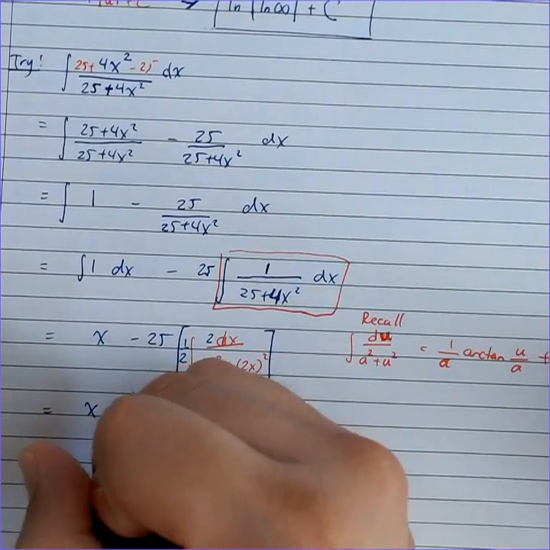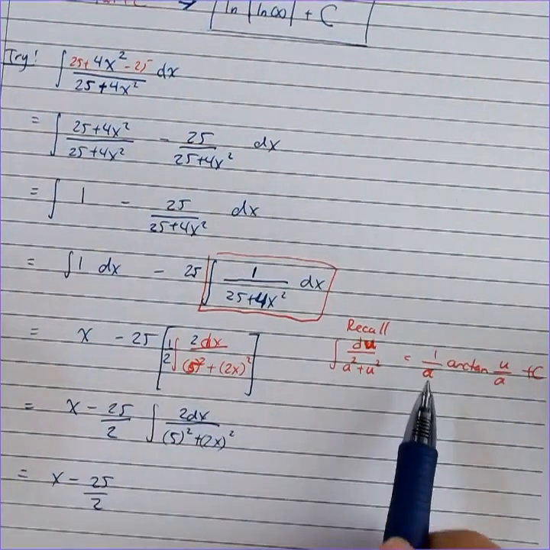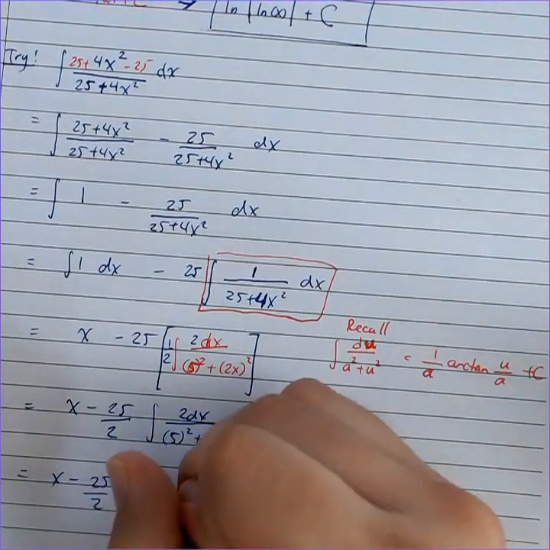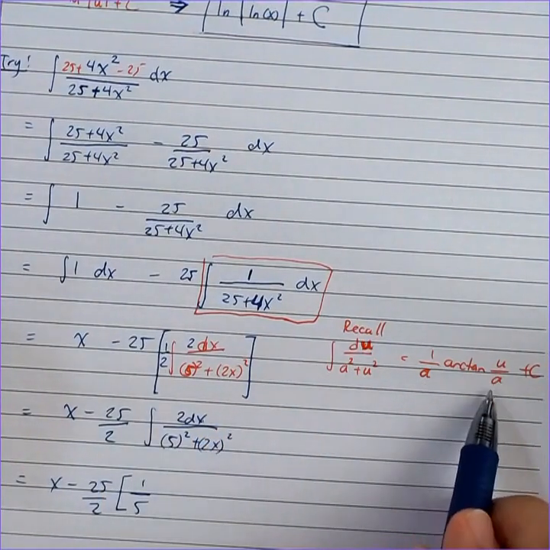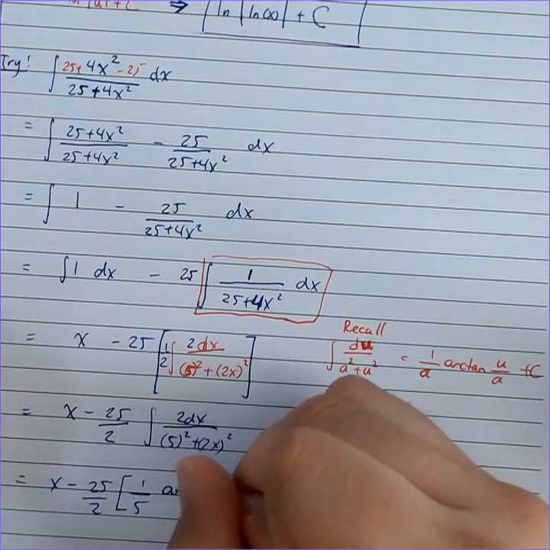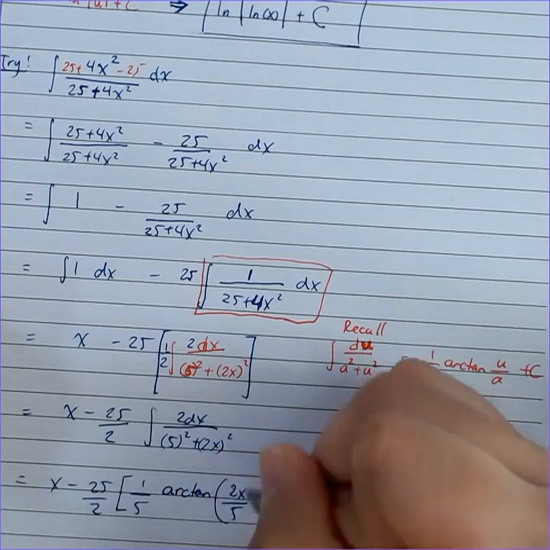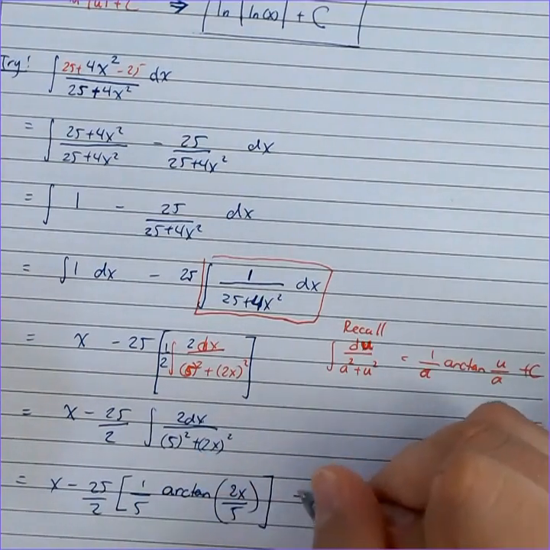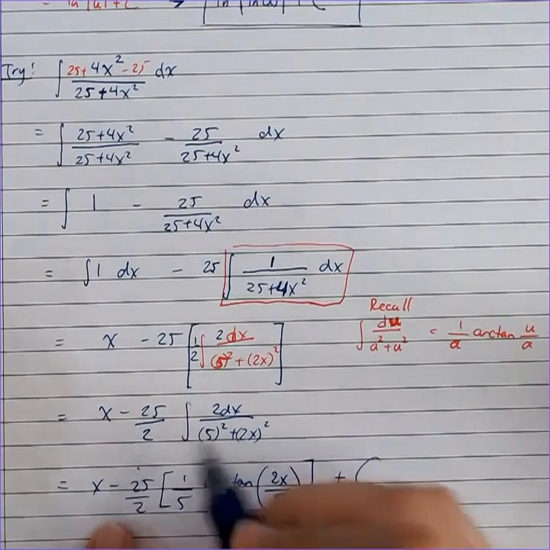And so that's going to give us x minus 25 over 2 times 1 over a, which in this case is 1 over 5, times the arctangent of u over a, which for us is going to be the arctangent of 2x over 5, all right, u over a, plus our constant of integration. Here, this reduces down a bit. 5 goes into 25